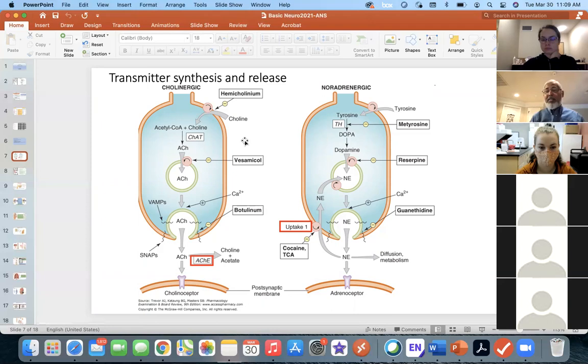Now, those chemical substances that facilitate or inhibit at the synapse are called neurotransmitters. We used the example of inhibitory neurotransmitters. Do you remember? GABA and glycine are inhibitory neurotransmitters. But epinephrine, norepinephrine, and acetylcholine are all excitatory neurotransmitters, which means when they're released, they stimulate the organ or they